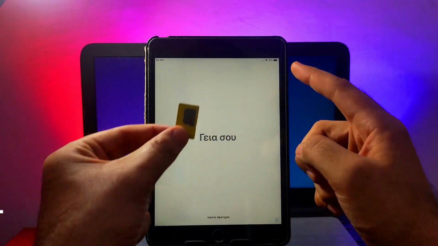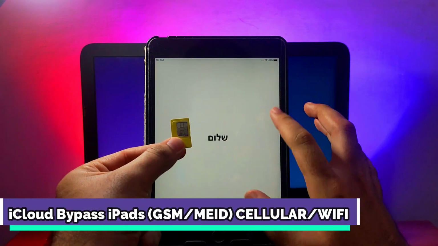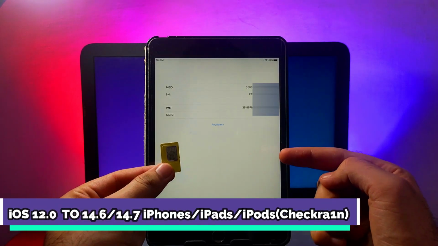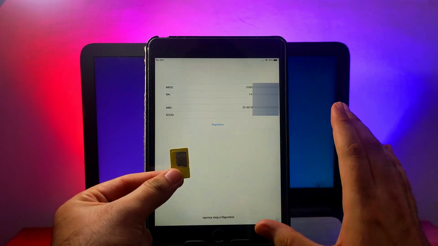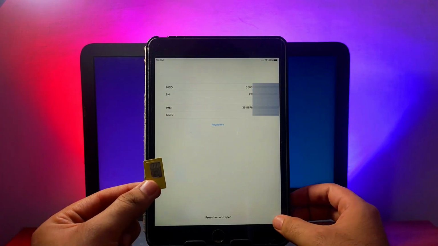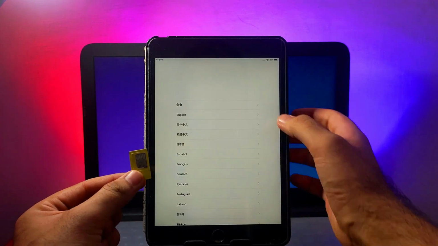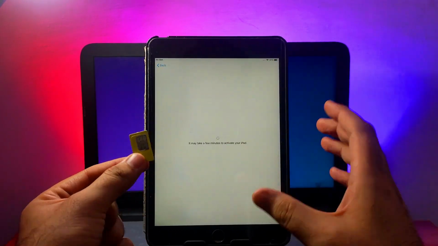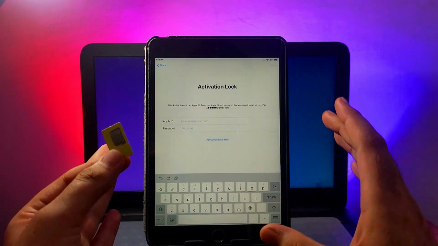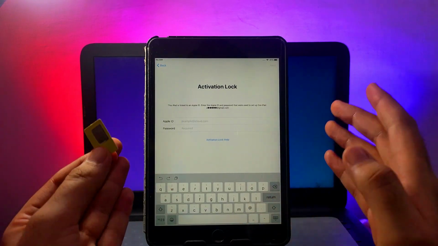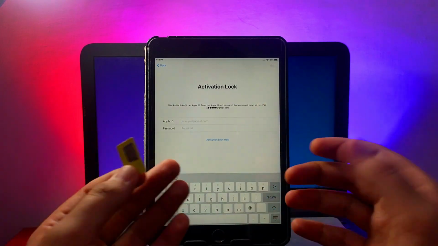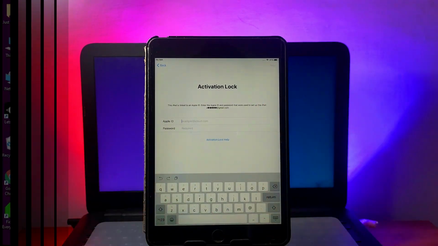So in today's video, I will show you how you can bypass the iCloud activation lock screen on the various iPad models having the GSM or MEID service, and you can bypass it with the SIM working and all the iCloud services will work like FaceTime, Siri, App Store and many more. So you can follow the same process, and I have an iPad mini 2 and this is the cellular model. That means the SIM is enabled in this iPad model, and all the things we will do on our Windows machine so we can jailbreak and bypass on the single system, so that will be easier and great. So let's just go to our system and start this process.